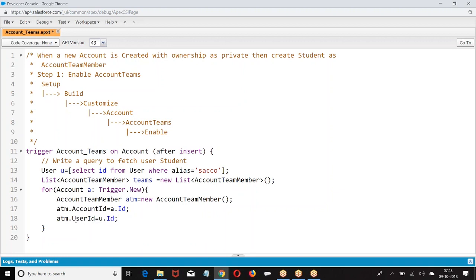So what was that? The ID of the account on which we want to create. Second, the ID of the user whom you want to add.